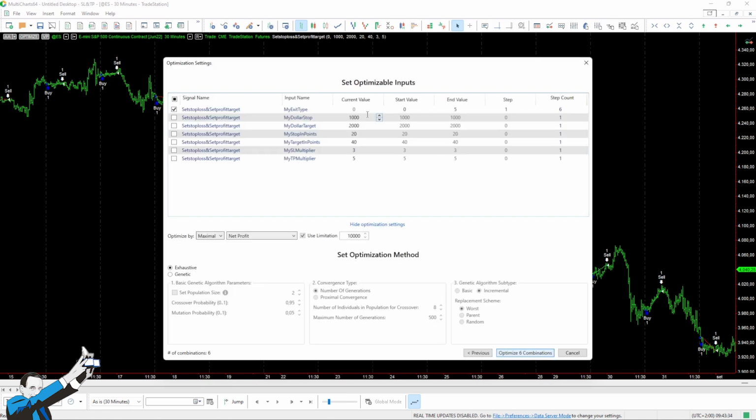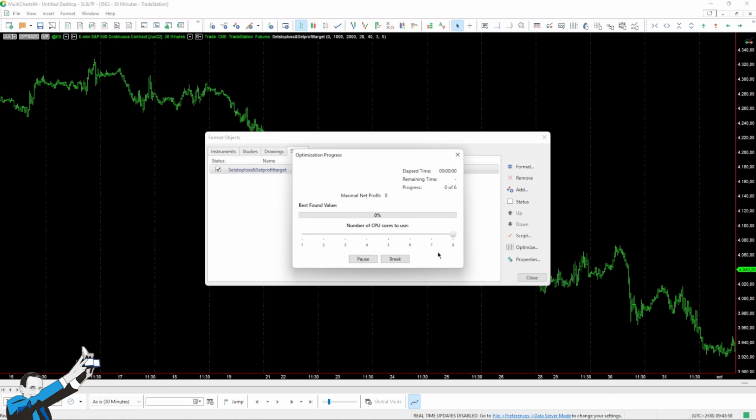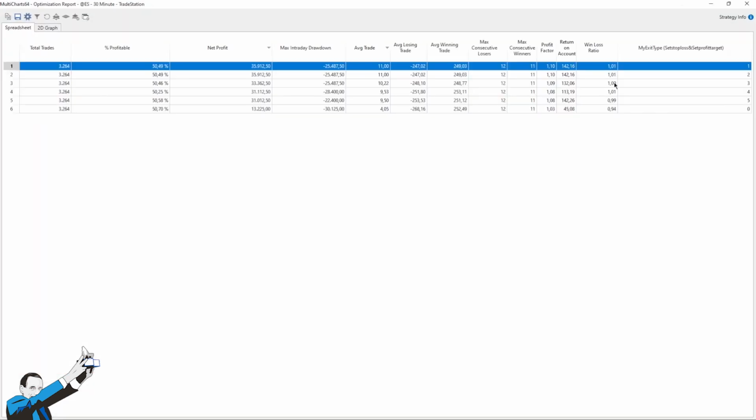So what are we going to do? Well, we're just going to optimize our inputs on the exits to see if and how the results change. And we're going to try the 0 to 5 case scenarios. 0 included because with 0, we'll also see all the cases where we won't have any stop loss or take profit. Okay, so let's start the optimization, which is done pretty quickly. And here it is. By sorting the results by the type of exit, we can see that these are the results that we get in the 0 case.